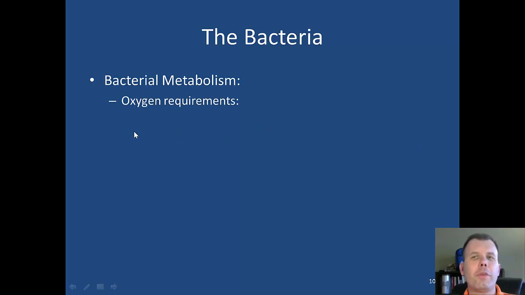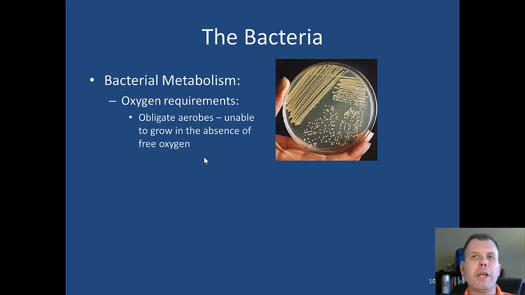Now some other things about the bacteria is where do they grow? Some bacteria require oxygen to breathe, others do not, and some can grow with or without oxygen. And so we look at these different types of bacteria. The first group of bacteria that we know about are called the obligate aerobes, and these are the guys that need oxygen to breathe. They're just like us. We need oxygen to breathe. If we don't have any oxygen, we die. Same thing with these guys. If they don't have oxygen, they die, and you don't have any bacteria.